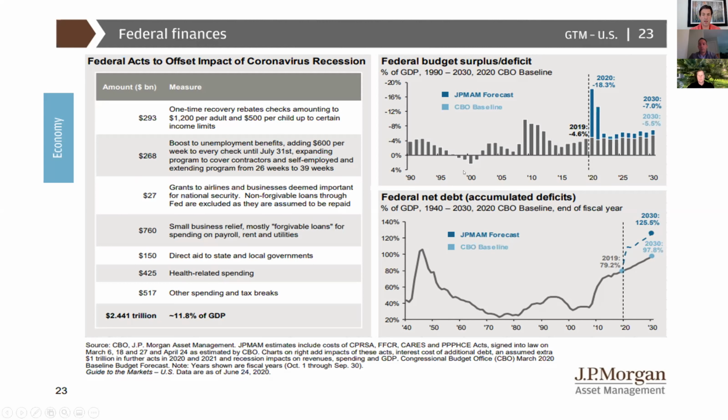The other thing we need to mention, of course, and I think a lot of our clients have asked us about this, is, okay, the money's going out, that's helping the economy, but we're just adding to our debt and our deficit. In 2020, it's estimated that our deficit will reach negative 18%, which is the highest level in any sort of recent history, probably going back to World War II. And JP Morgan anticipates going into 2021, the deficit will be equally significant.